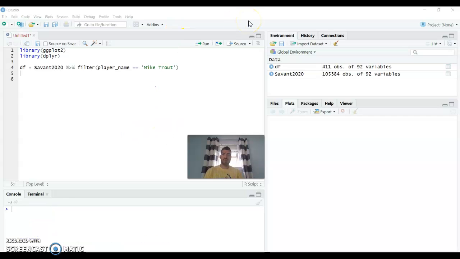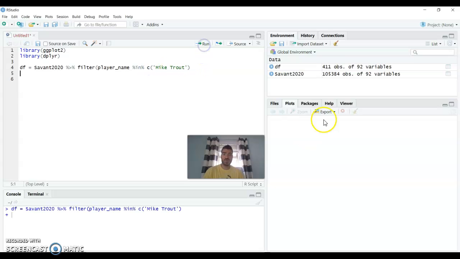But you might want to do comparisons, and dplyr is really nice for this. We can just change a couple small pieces of code here. So instead of it just equaling Mike Trout, we can add something called in. It's the percent sign, in, percent sign. And then we need to give it choices. So right now, we can run this, and this is going to read: